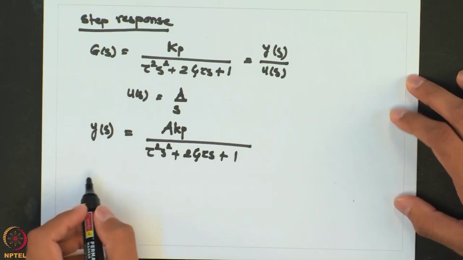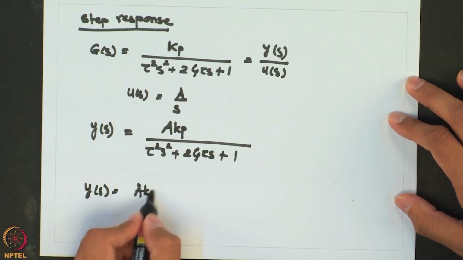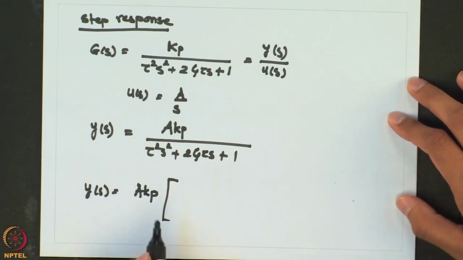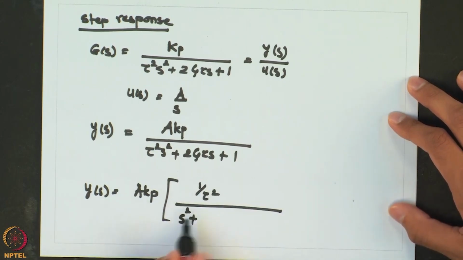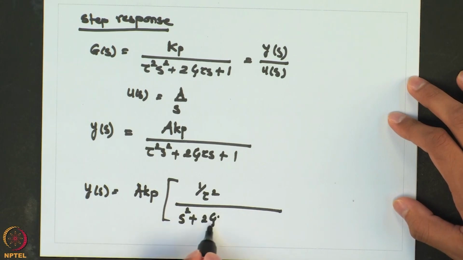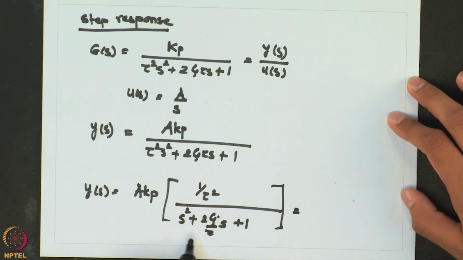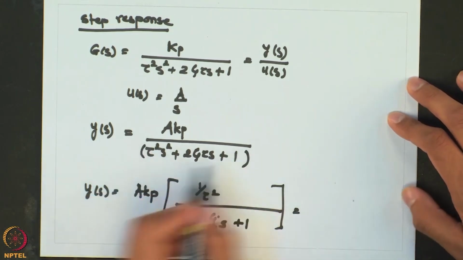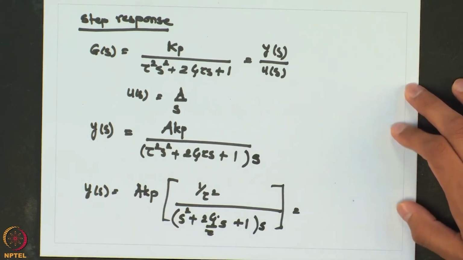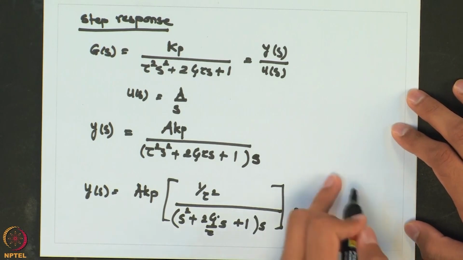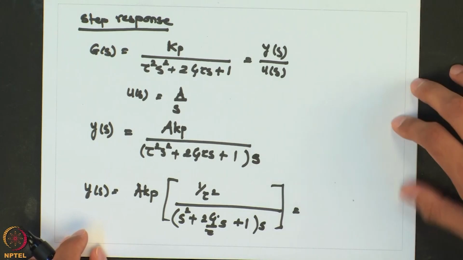and we will try to write it in the form A Kp times 1 over tau square s square plus twice zeta over tau s plus 1, wherein we can, this Y(s) will be, so that we can write it or expand it in terms of partial fractions as